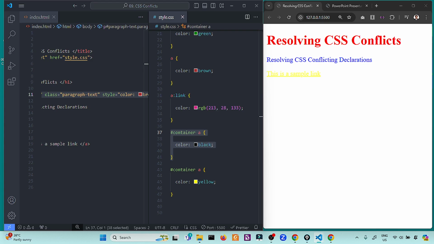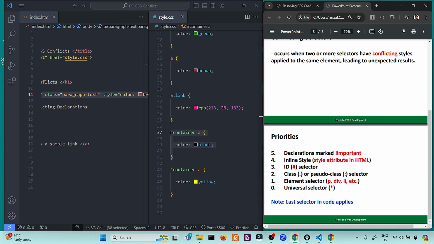So understanding CSS specificity, hierarchy, and the implication of different selectors is important in resolving CSS conflicts. By following our principles, and using the important as the last resort only, you can create robust and maintainable CSS. Remember, the order of declaration also plays a role, with the last rule in the code having the final say if selectors have the same specificity.